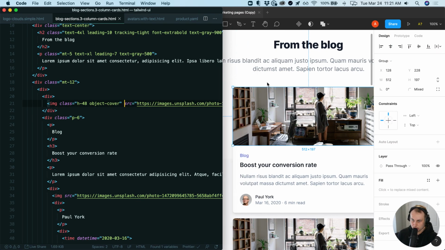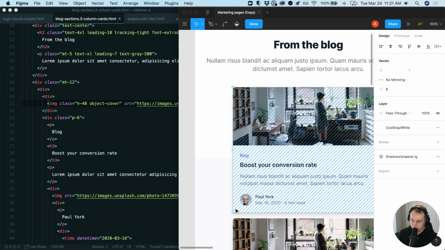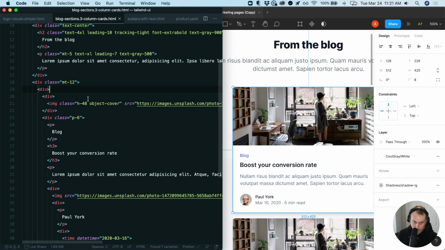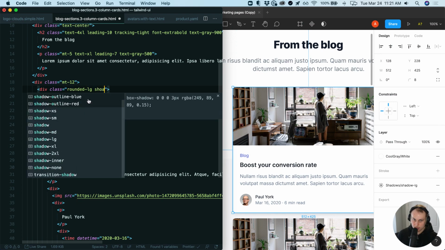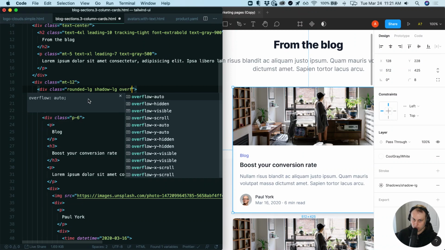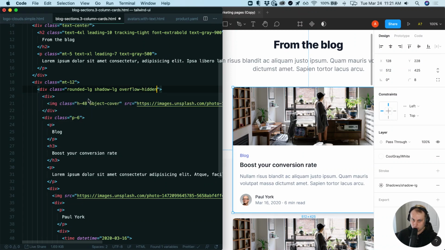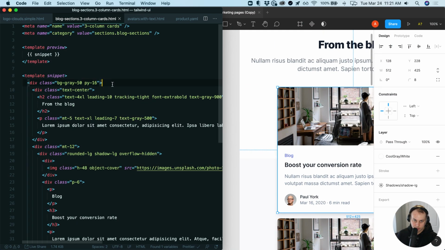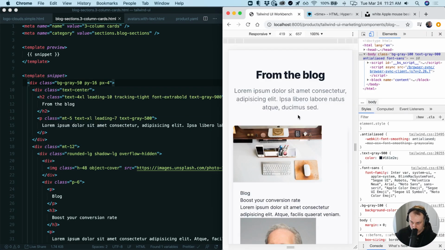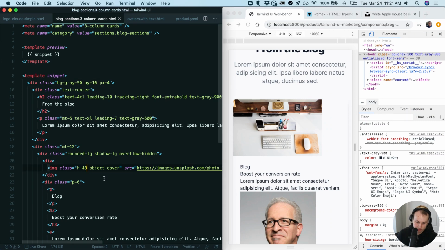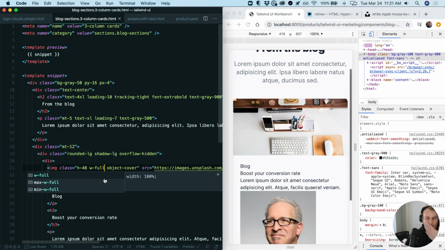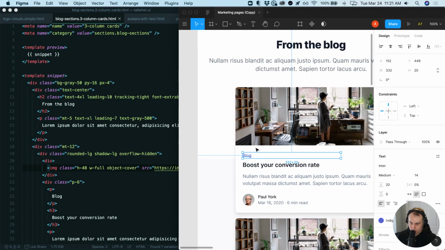And then we also need to do, what's the border radius Steve has on here? 8. So rounded LG, shadow LG, overflow hidden. And I think normally we do PX4 on small screens. Okay, so this image width needs to be full explicitly. Okay. And then we've got,